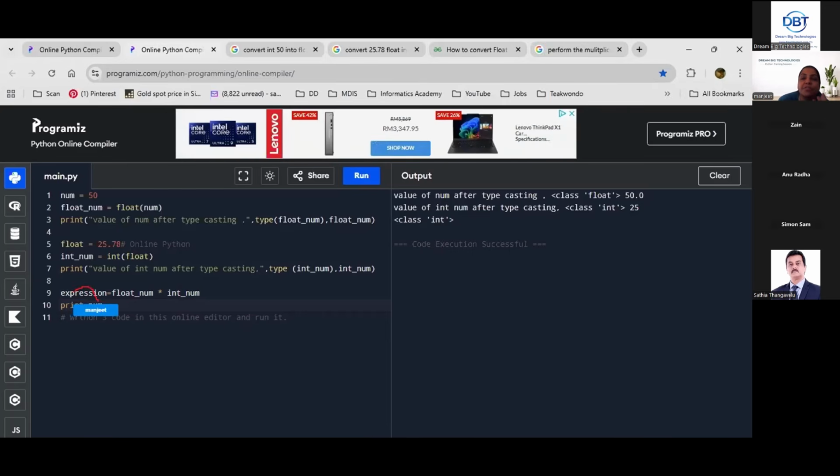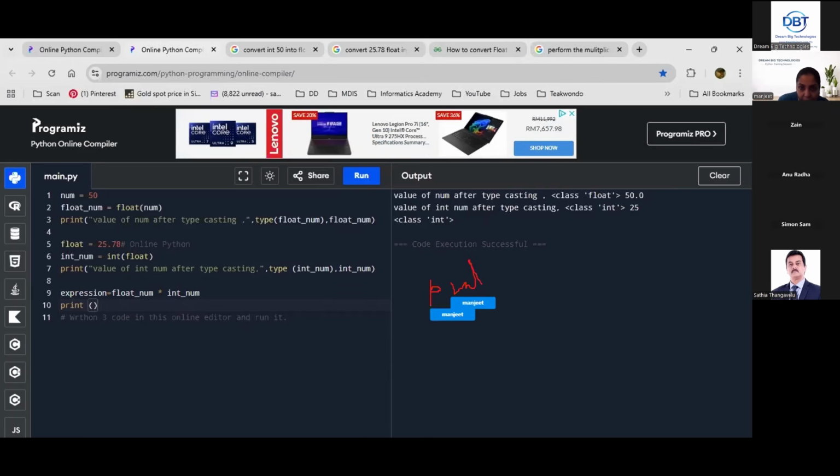So expression will hold the multiplication of float num multiplied by int num. So expression you have to print. Print expression. Put round brackets. Print.